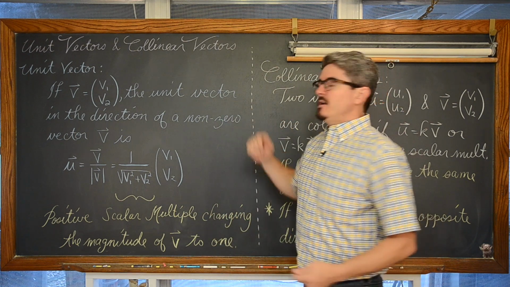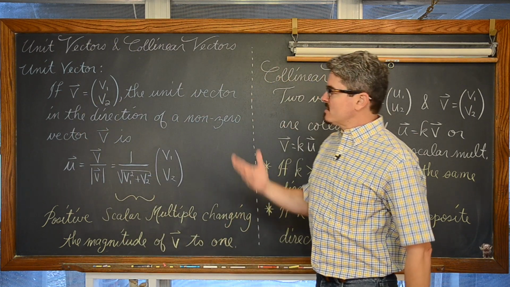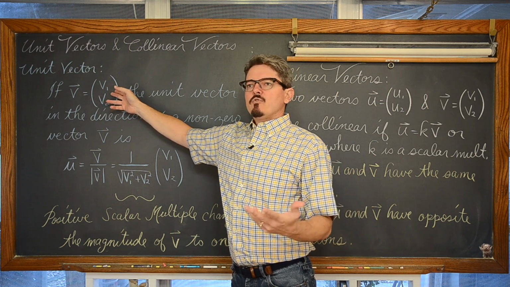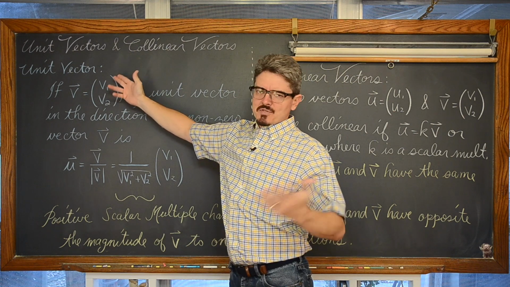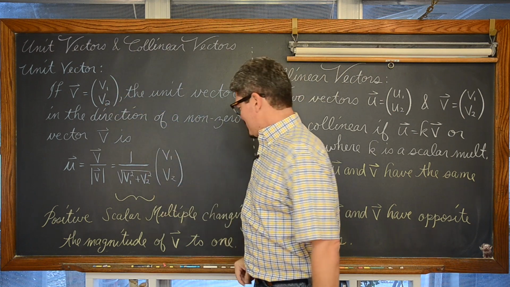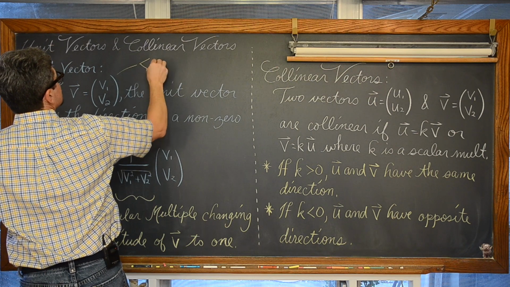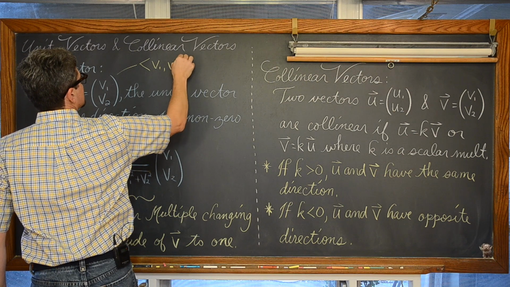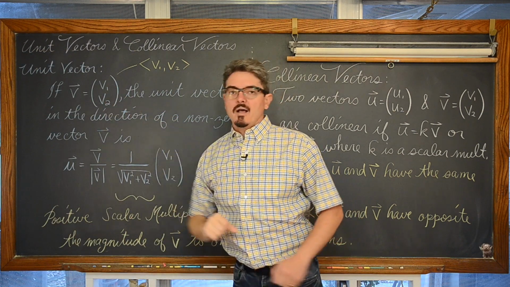Well, it says here, probably in your textbook, something like this. If vector v is equal to v sub 1, v sub 2, this is of course a column format for a vector. I say of course, actually a lot of textbooks don't use this notation, that's why I'm describing it. You might see this notation with some chevron brackets, v sub 1, v sub 2, indicating movement along the x-axis and y-axis.